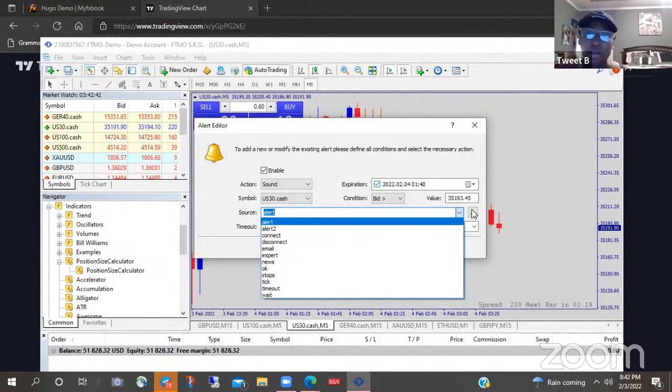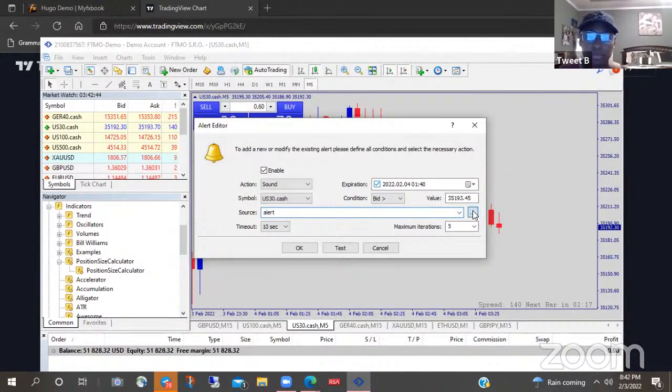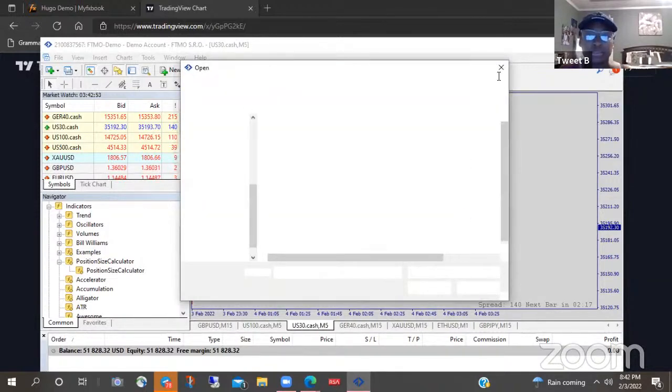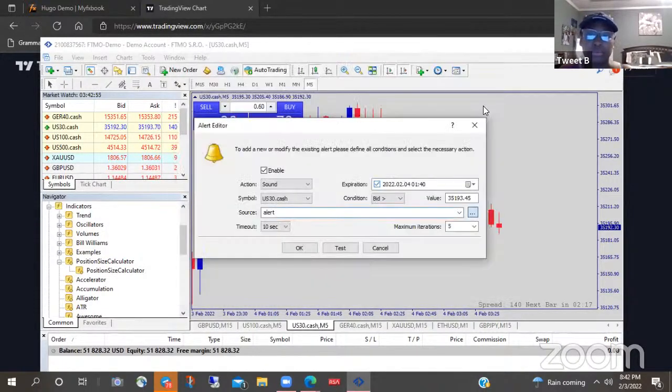But is it going to go to your phone? Yes, go to where it says action, go to notification. Where it says action, here. Oh, boom, boom, wow. Now you can get an alert from your MT4 too, which is really major